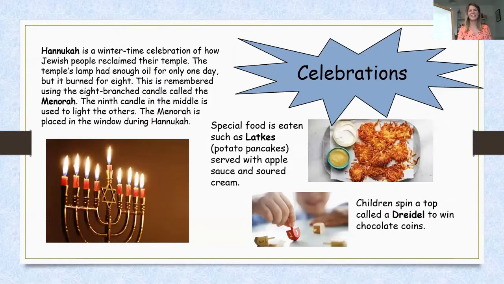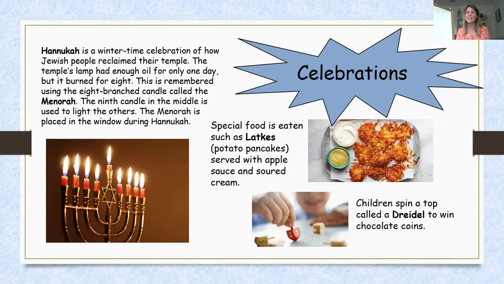Now, the next celebration I've got is the Jewish celebration of Hanukkah. And this is also in the winter time, just like the Christian festival of Christmas. And it's about how the Jewish people reclaimed their temple. Now, their temple had been destroyed and they reclaimed it, and they only had enough oil in their lamp for one day. But they burnt it, and actually it burnt for 8